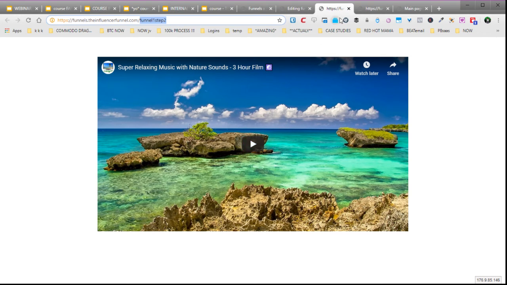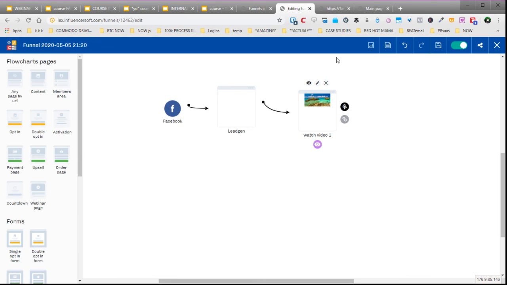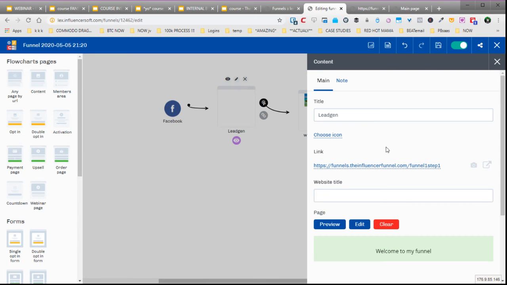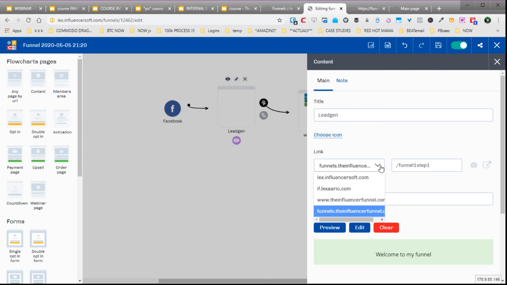Okay, so we now have a live funnel on my own domain. So step 1 was to create the funnel, it was to add the domain name to my list of websites, and because I'm using the CNAME method, it means I can keep everything else about my domain name, like my email and everything. And then when I want to assign that domain name to a funnel, all we have to do is make sure that each page is actually linking to the right place,